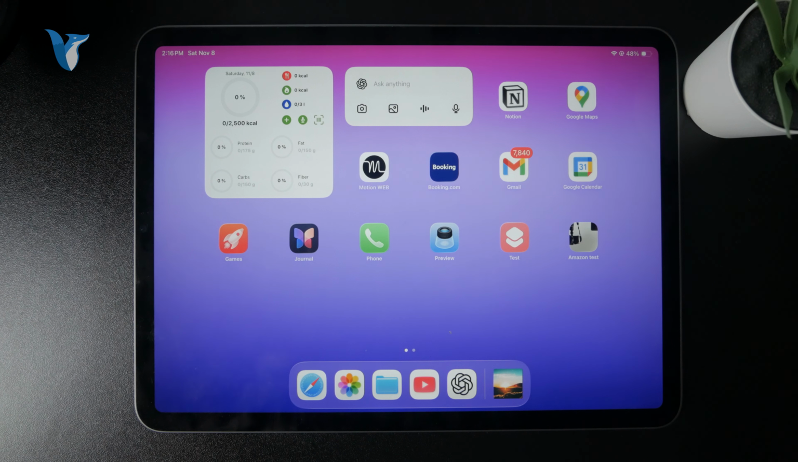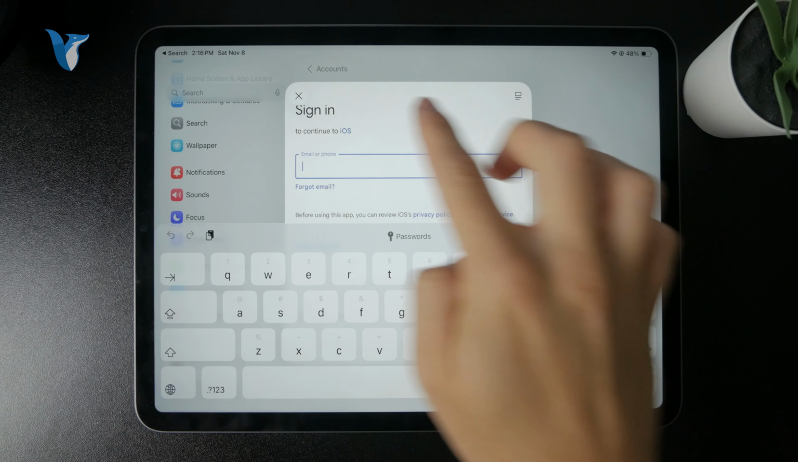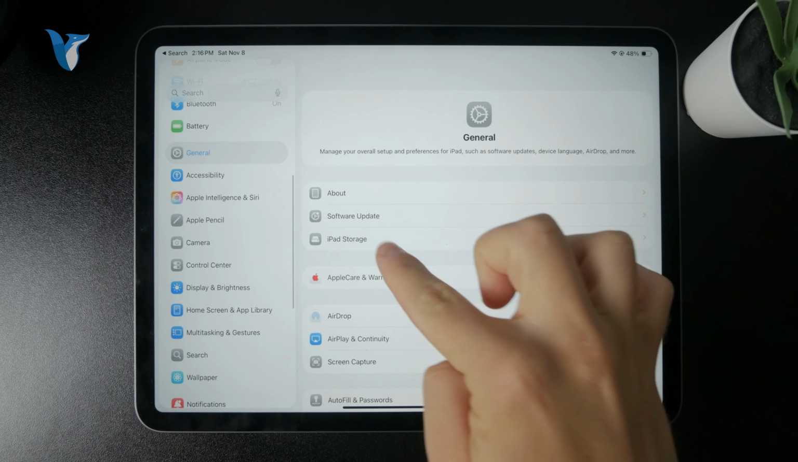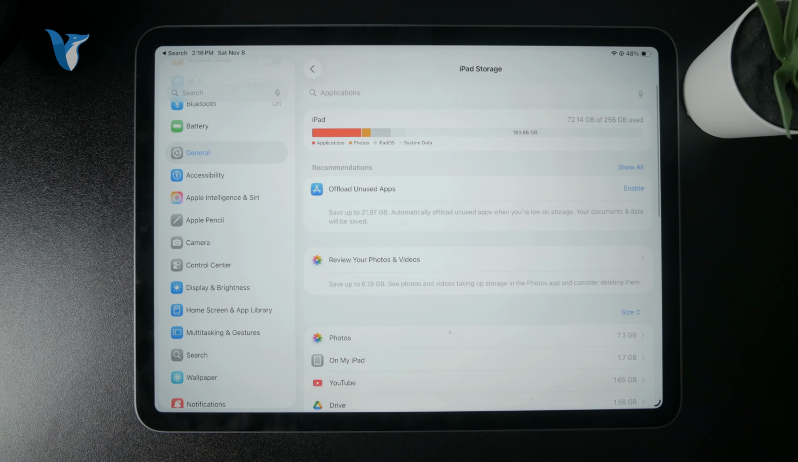Well, on your iPad, you can check out the general section of your settings and then the iPad storage, and you get to delete individual things like apps or photos or things that take up a lot of storage like files or whatever. However, if you want to wipe your iPad clean fully and delete literally everything,